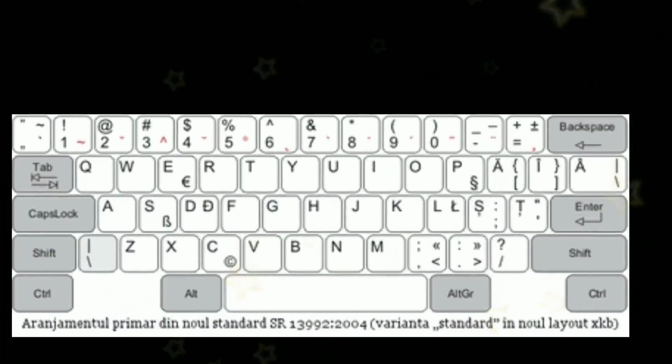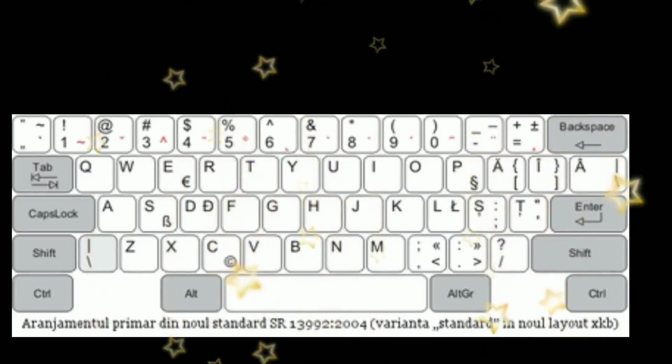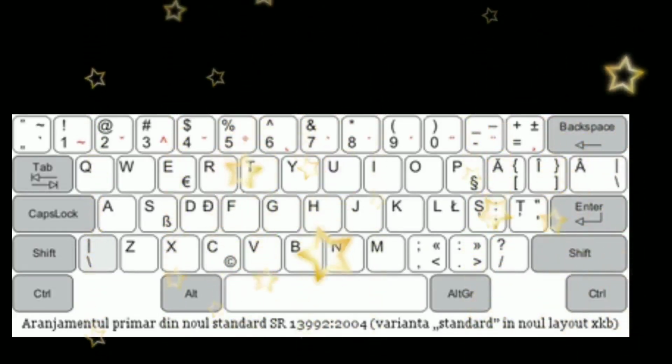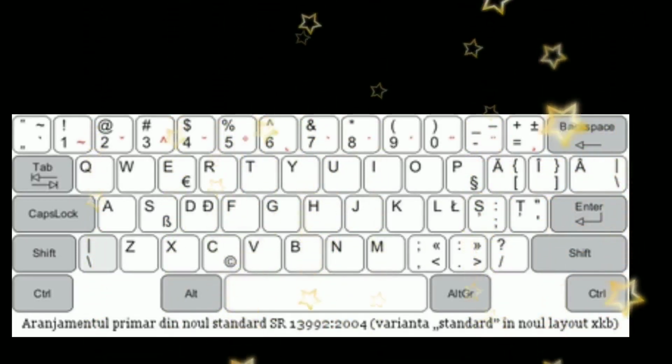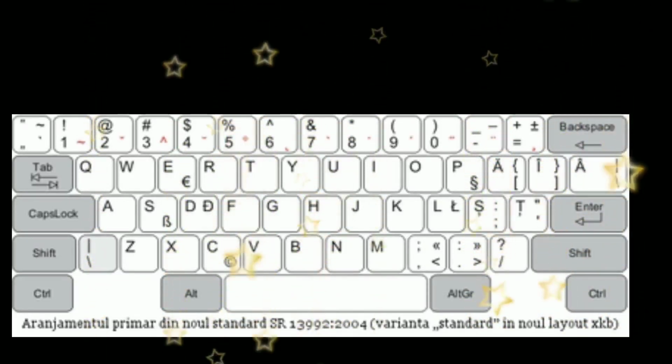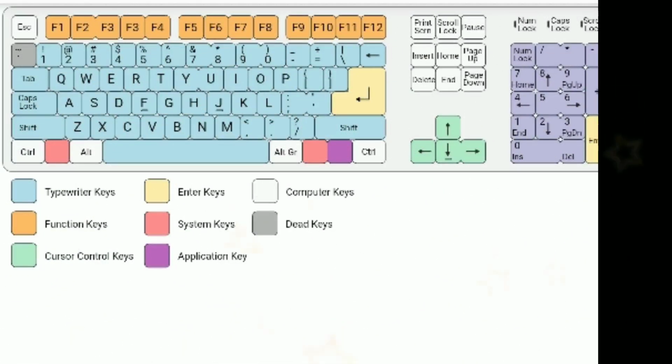The keyboard which we are using is called a QWERTY keyboard. Why is it called a QWERTY keyboard? You just see the keyboard there, the alphabetical row. Check out the alphabetical row. Inside that, QWERTY is written over there. So that's why it is called a QWERTY keyboard. This is the most commonly used keyboard.